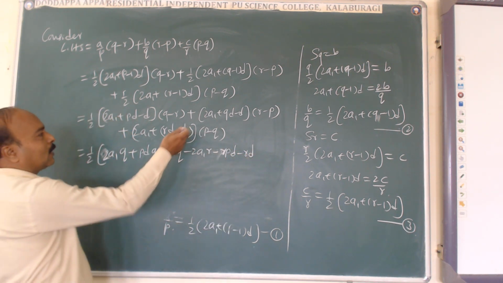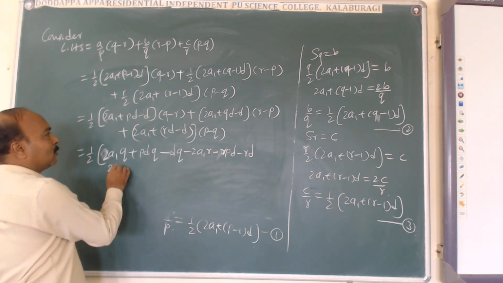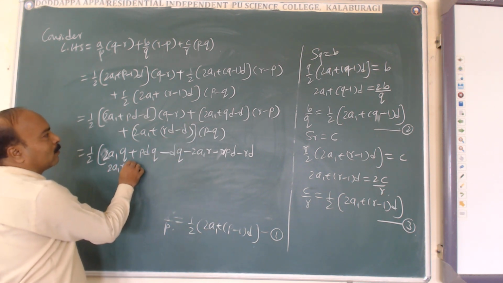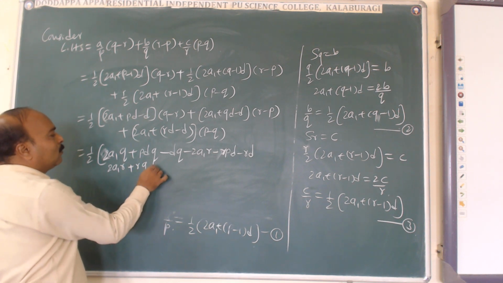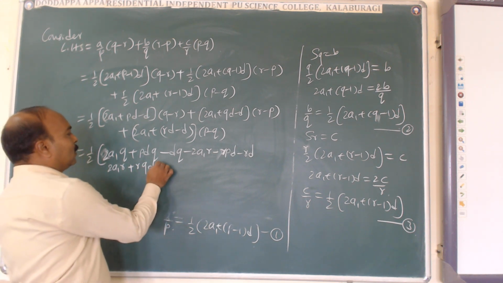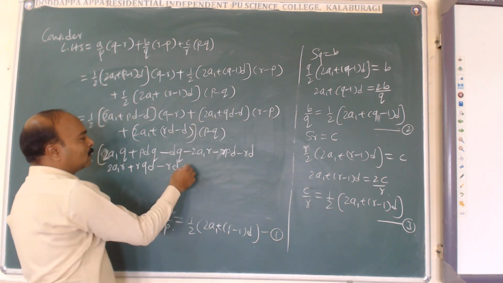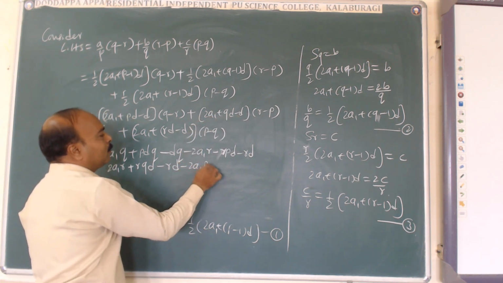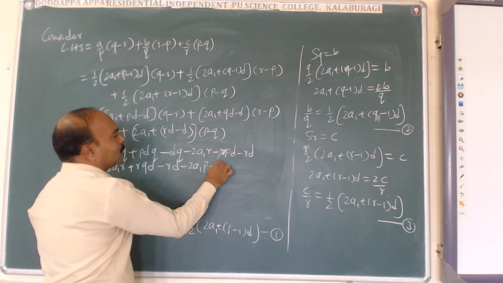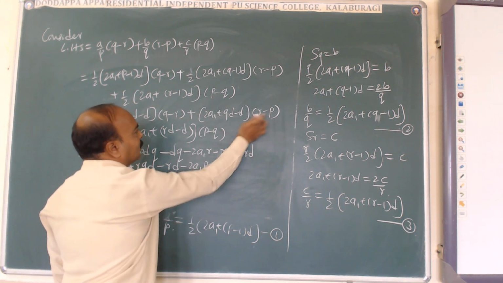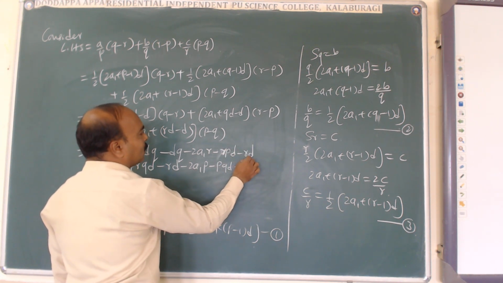Similarly multiply the second bracket: it is 2A1 into r plus r into qd minus r into d. Next multiply by minus p for all this: minus 2A1 into p, minus pqd, minus into minus plus d into